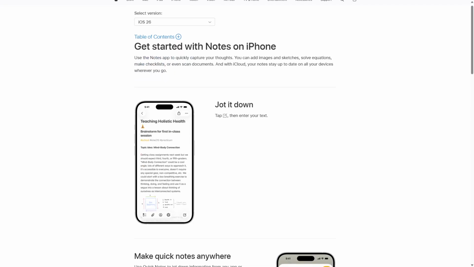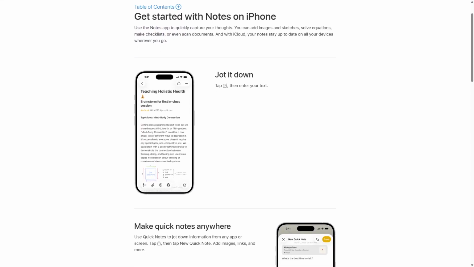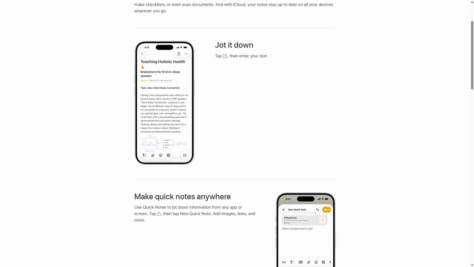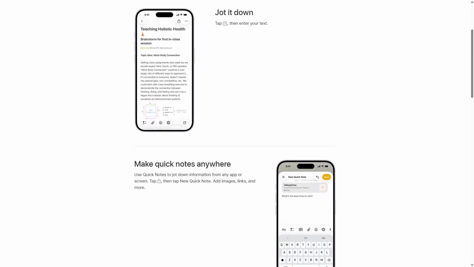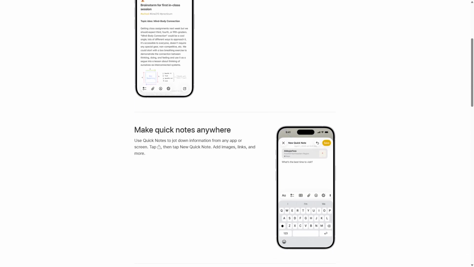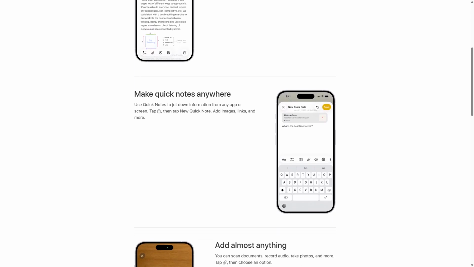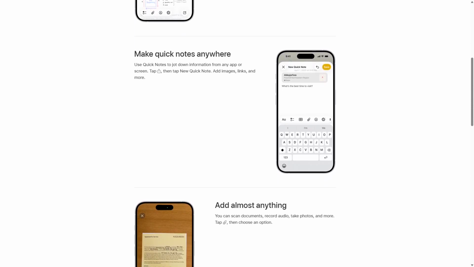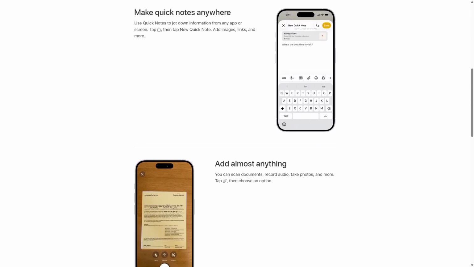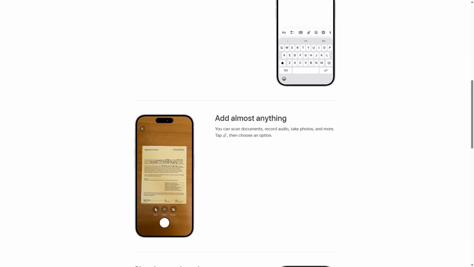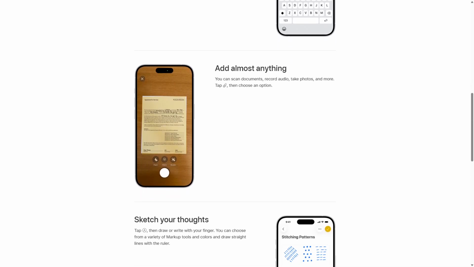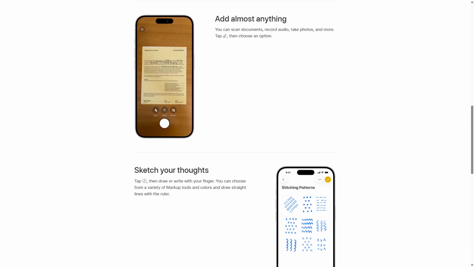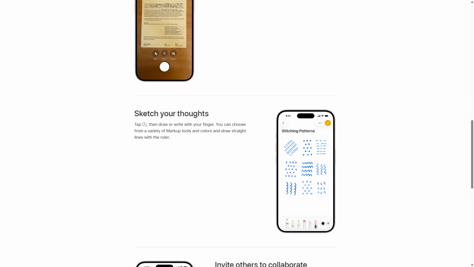Apple Notes is a robust note-taking application designed for Apple users. It allows for text, sketches, and document scanning, making it a comprehensive tool for various note-taking needs. One of its standout features is the ability to collaborate in real time with other Apple users, enhancing productivity for teams. The app also integrates seamlessly with other Apple services such as iCloud, ensuring your notes are available across all